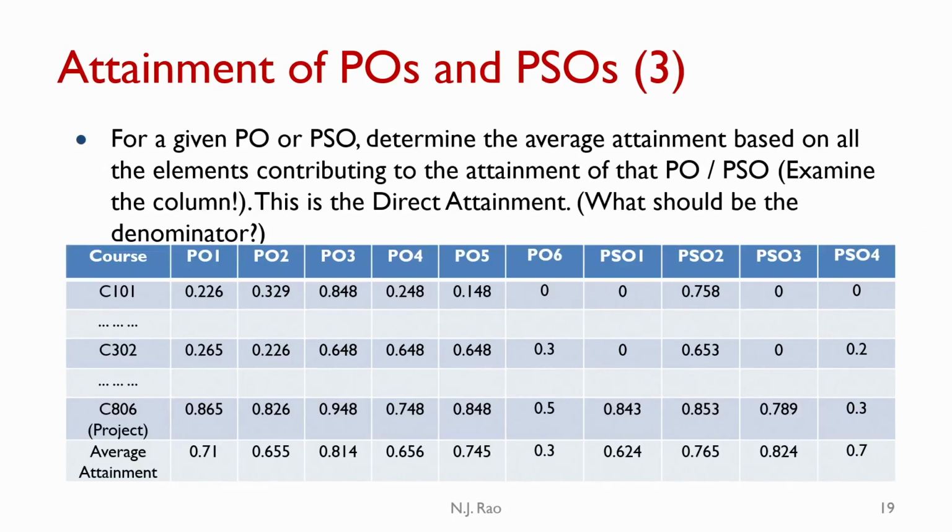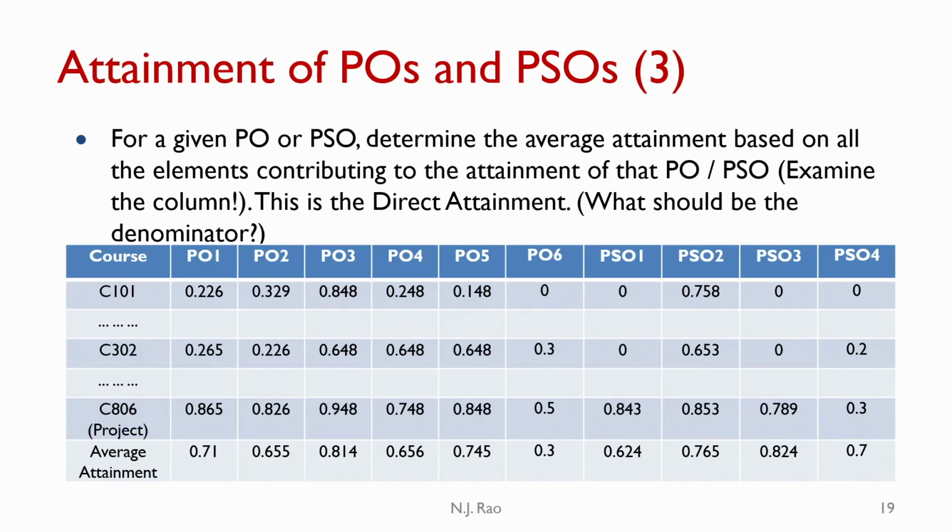And as I said, the project and internship are all added to this list. Then what do you do? You take the average with respect to each column and divide by the number of activities and courses that you have, and the bottom row represents the average attainment of all the POs and PSOs. And this is also the direct attainment of the